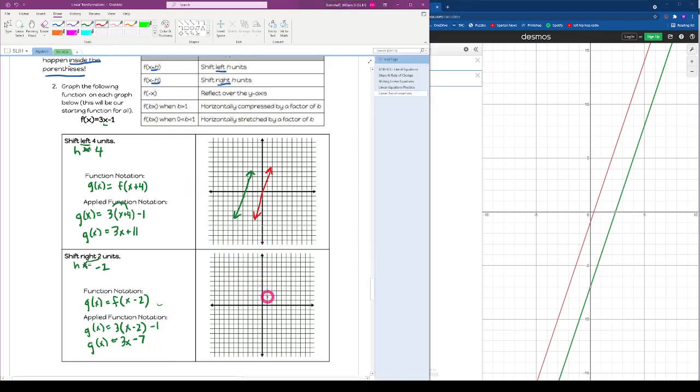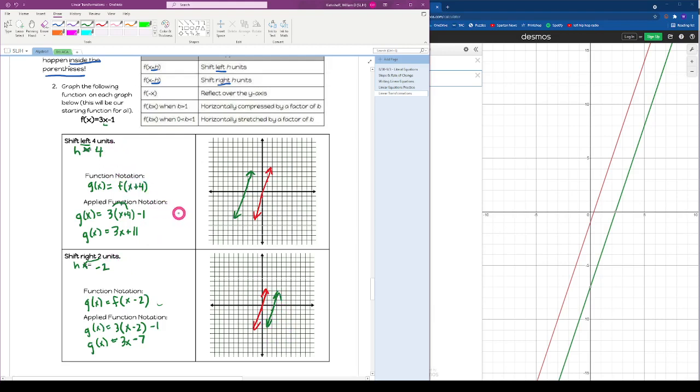Okay, so we have -1. We're going like that. And then we have a shift to the right 2. So we go through here like that. So that's our shift to the left and shift to the right by putting in that h value